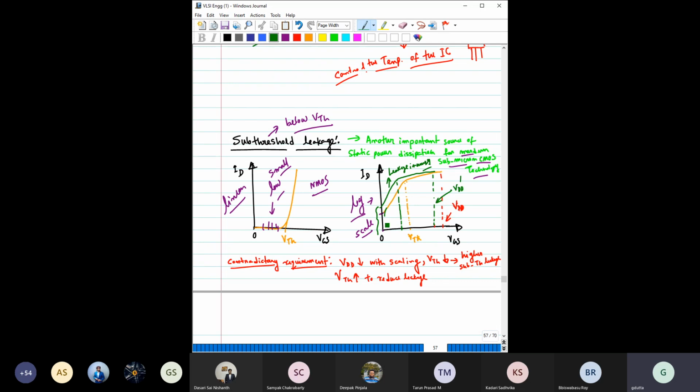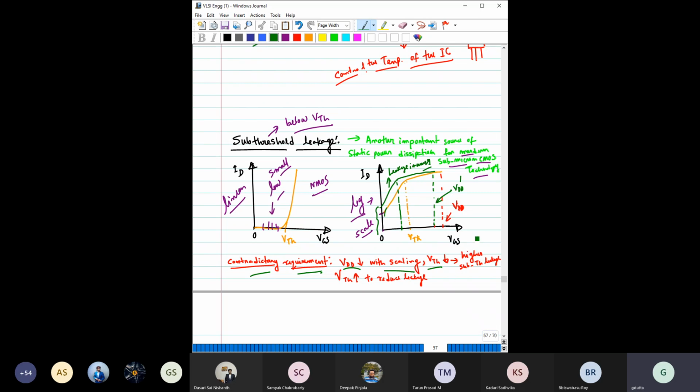So it has a finite slope, and if you consider the finite slope, you are replicating and scaling the device, then your leakage current is increasing. As a result, the subthreshold leakage, or the power dissipation due to subthreshold leakage, is becoming more and more prominent in these devices. Right. So there is a contradictory requirement from the scaling point of view. So you have to reduce VDD with scaling. Right. So when you reduce VDD, you have to also reduce threshold voltage, because if you do not reduce it,